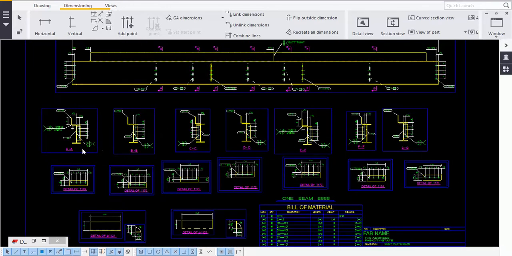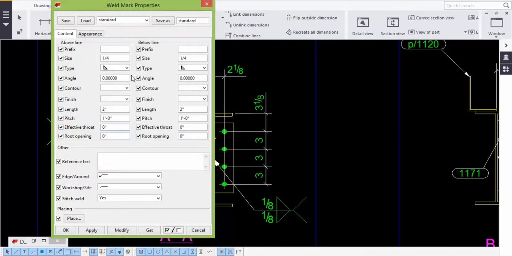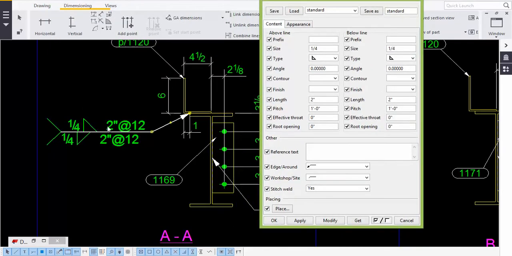See, after getting these sectional views, one thing you must keep in mind, we have this L angle now from A to D is one member and from E to G is one member, this L angle. So for this L I will go for stitch weld, okay, fillet stitch weld, okay, double click on this. So you can just keep here stitch weld S. So, see, since it is angle, continuous weld is not required, so therefore I go for a stitch weld, okay. So keep stitch weld S.